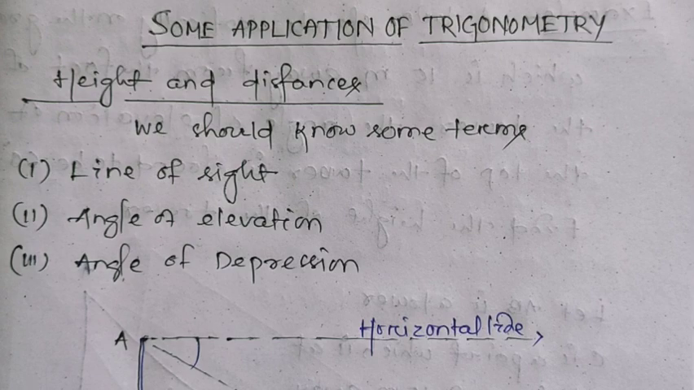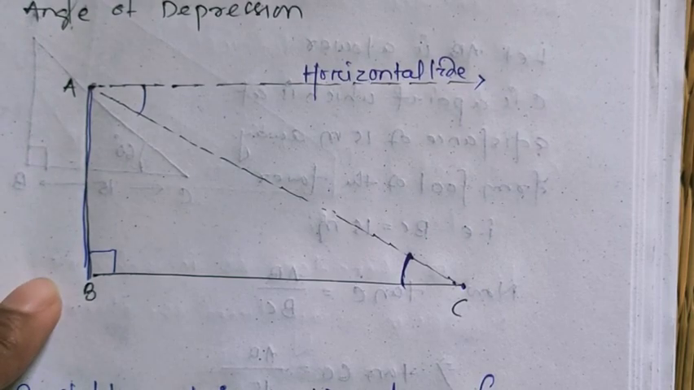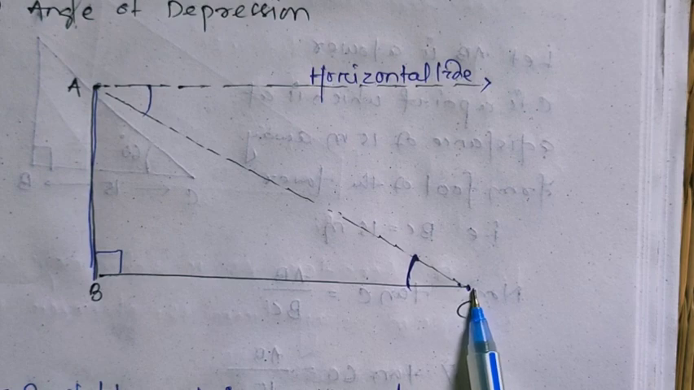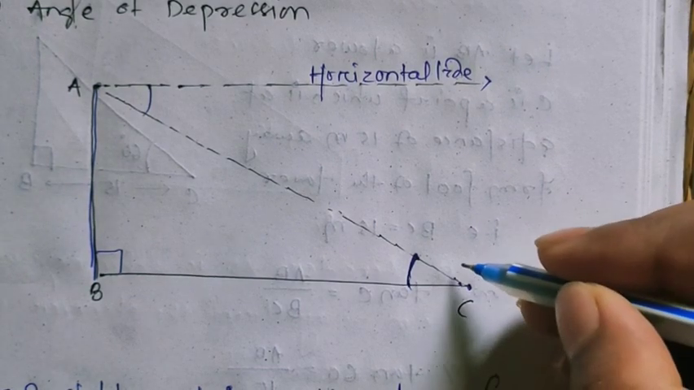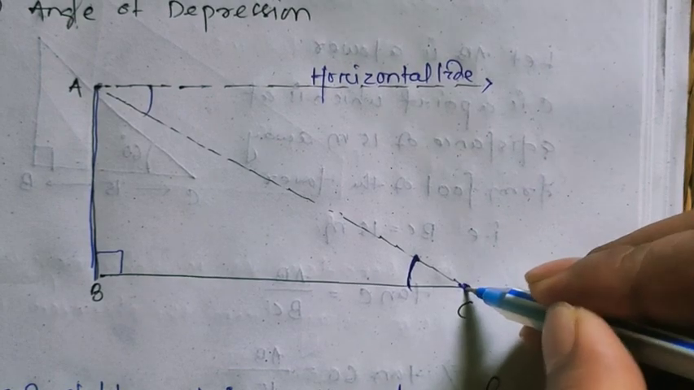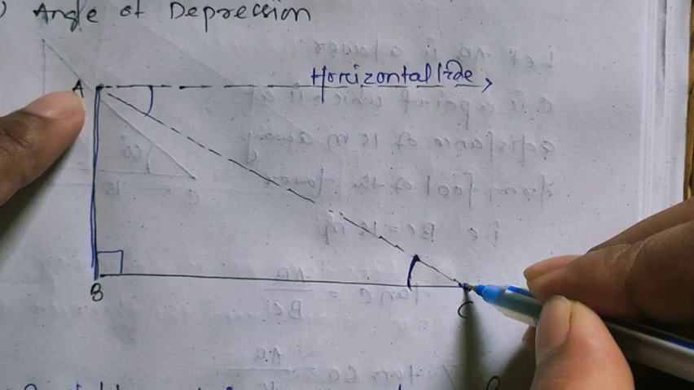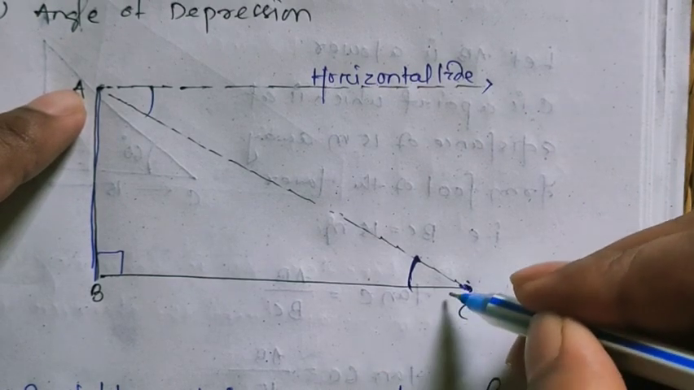So let us consider a figure like this. Let us consider AB is a pole and I am standing at C. Understand? So first of all, what is line of sight? It is the line drawn from the eye. Here I am watching the top of the pole, that is A. I am here and I am watching A. It is the line drawn